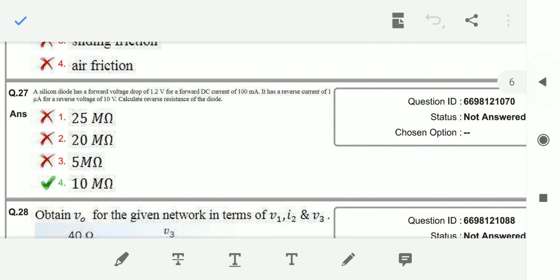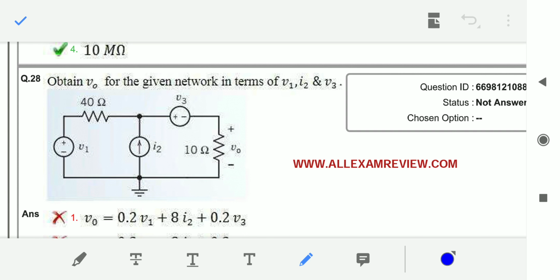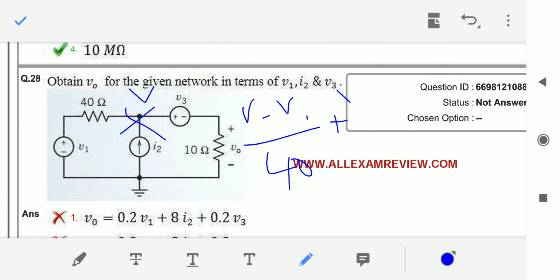Coming to question number 28, he is asking you to calculate the V0 value. Obtain V0 for the given network in terms of V1, I2 and V3. Apply KCL, that is nodal analysis, at this node. Let me take this node voltage as V. Then V minus V1 by 40 plus V minus V3